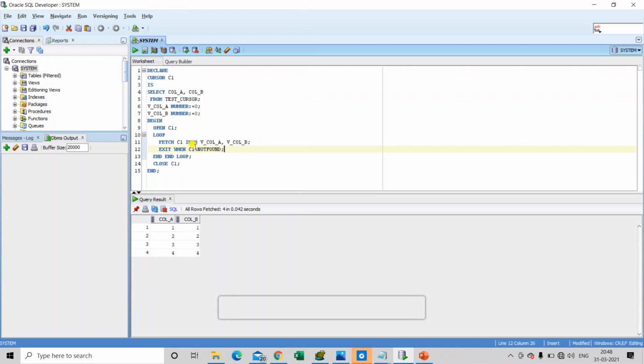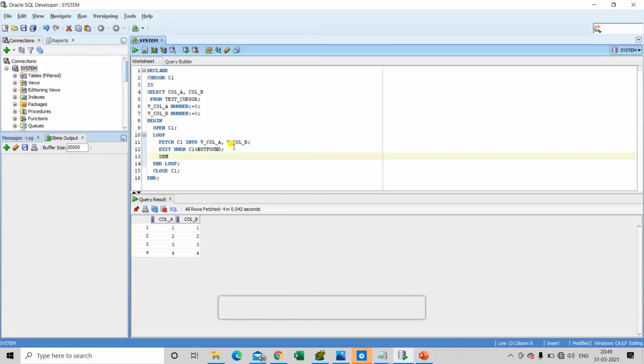Here also we are using cursor attributes, that is cursor name percent not found. So whenever this not found attribute holds the true value, then this loop will end and we will come out of the loop.